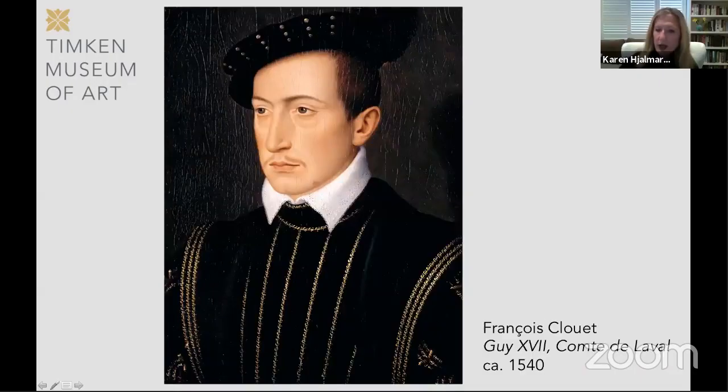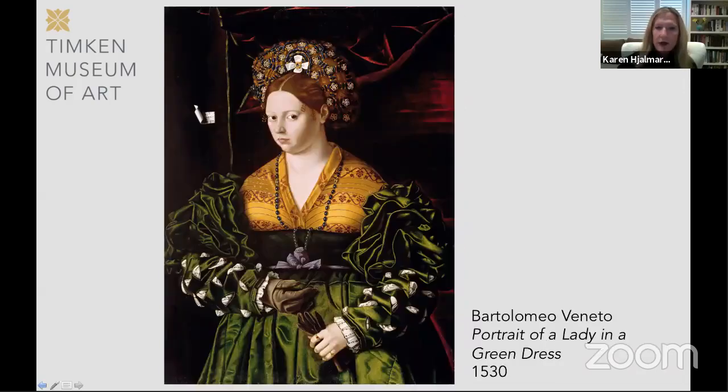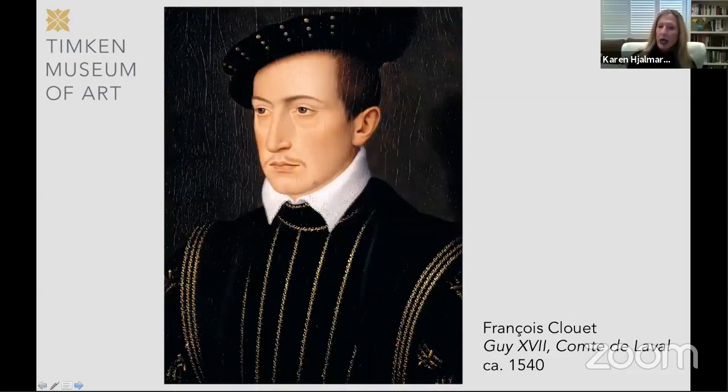We're going to move on to another Renaissance portrait done around the same time, and that is by Francois Clouet. And Clouet, excuse me, I just want to go back for 1 second. Look how elaborate this dress is, and very shortly thereafter, we have a much more simple style. Well, let's talk a little bit about that. Well, first of all, Francois Clouet was the painter to the French kings, and he paints Guy Comte de Laval,